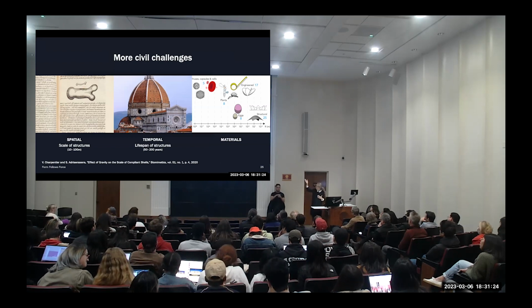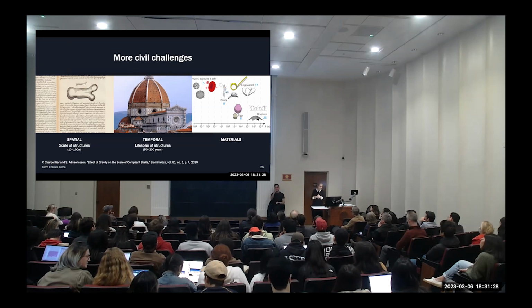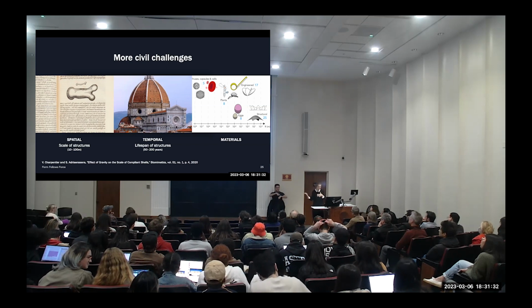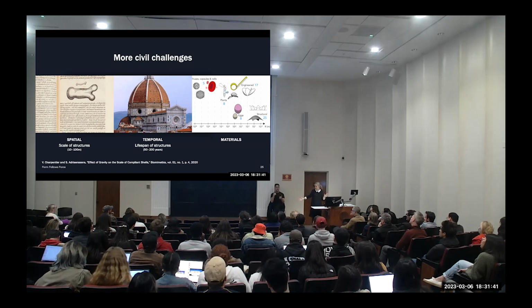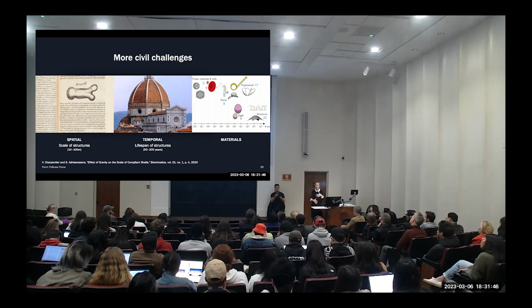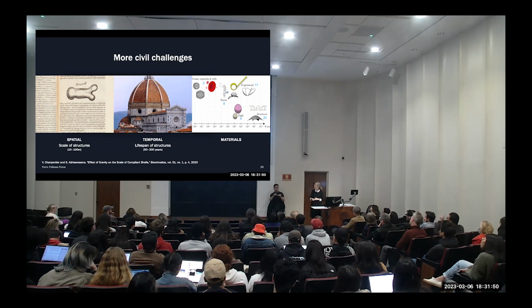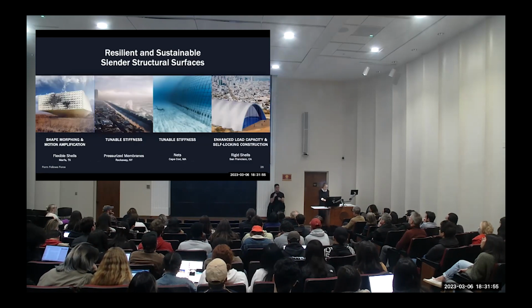And I'm showing here the dome in Florence, which is a masonry dome. I'll talk about that dome later, but it has withstood time, and not only time, it has withstood all the earthquakes in Italy. And then the third challenge that we are confronted with is that we don't have the whole palette of materials that are available. If you look at nature, there are so many materials that nature can use, but because we are building on a large scale and because we have to design things that are very durable, the amount of materials that we can design with is limited.